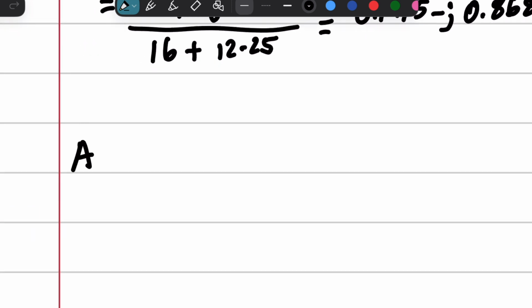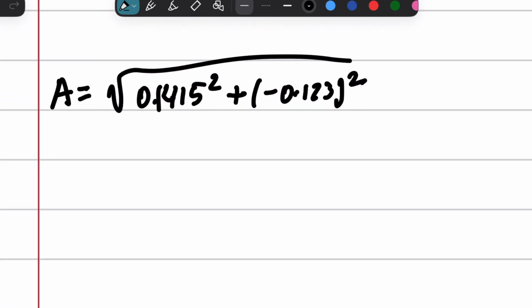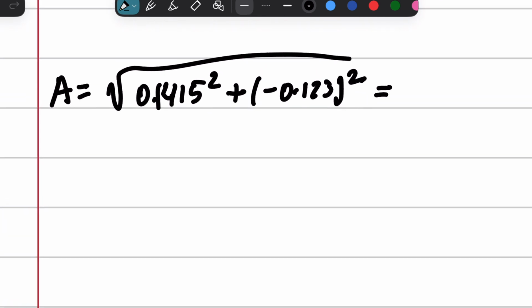We're going to find the complex amplitude, and that's going to be 0.1415 squared plus negative 0.123 squared, and that's going to equal